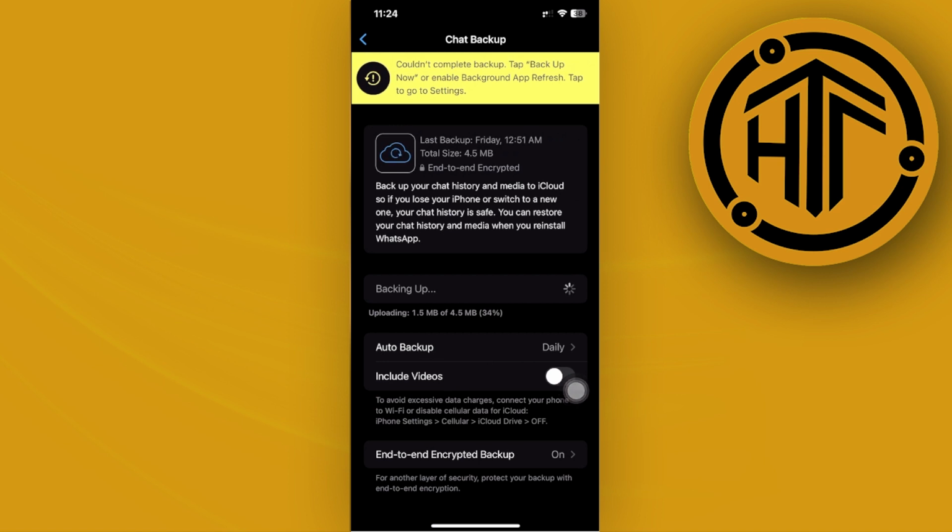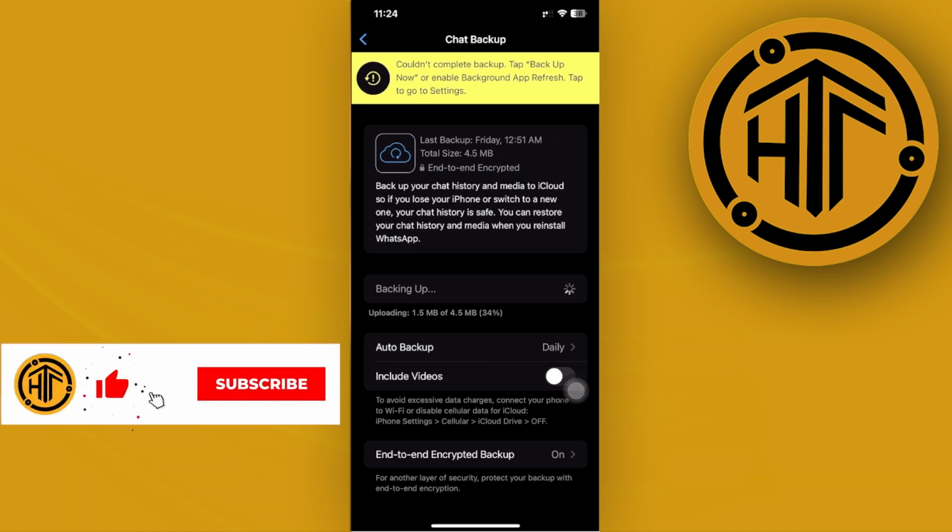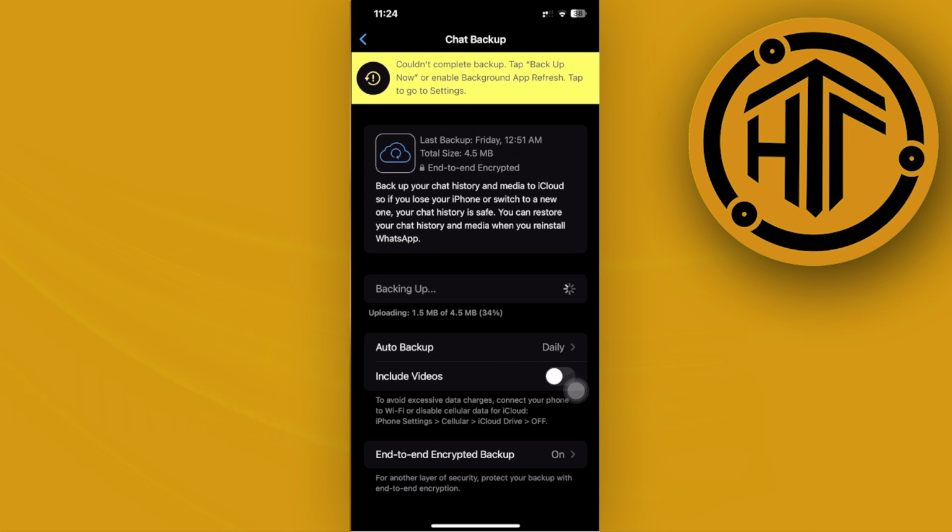and when that is done, when you log into a new device using your same SIM card on your own WhatsApp account, all of those chats will be automatically backed up to that new device if you have a backup turned on. So make sure guys that you have backup turned on so that you can easily switch from your old device to the new device, as well as transfer the WhatsApp chats from your old to the new